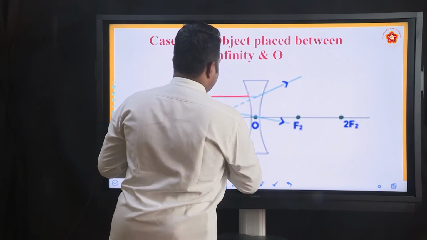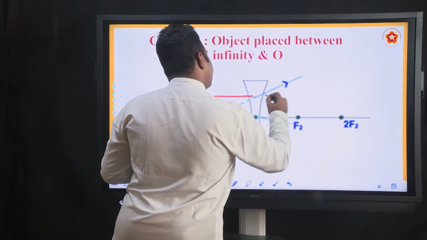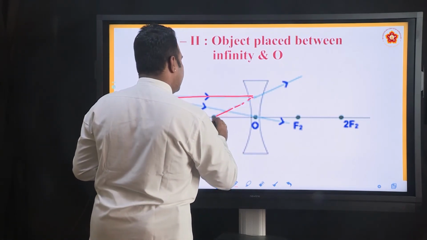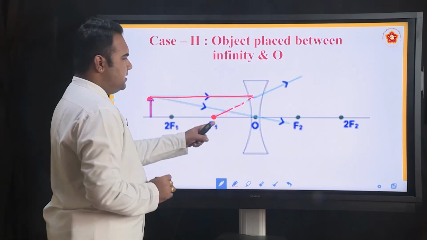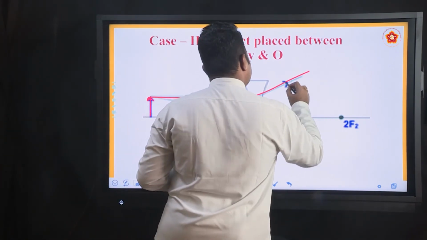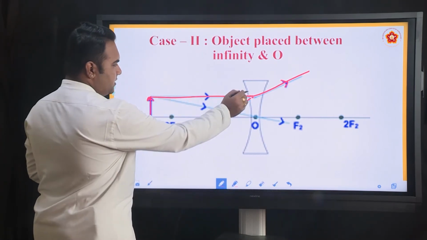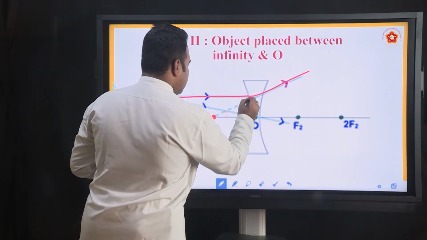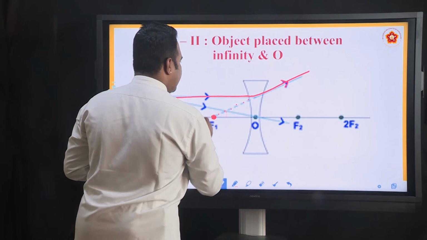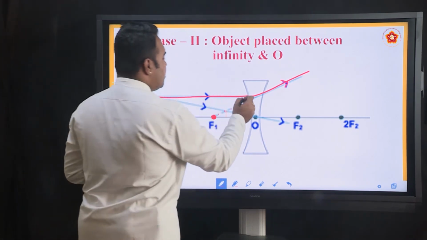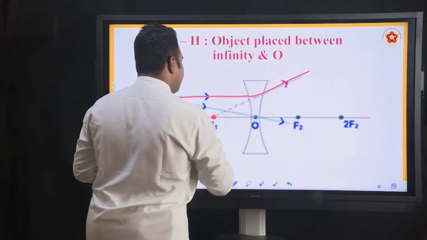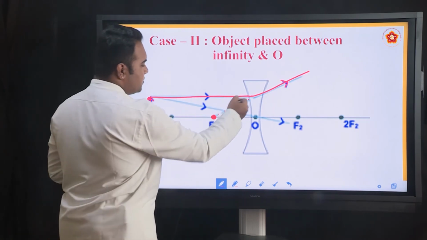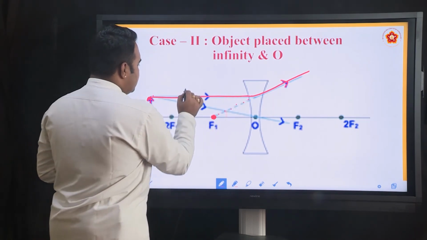So, let us keep the object here. A ray of light is coming. As we know, after refraction it diverges and goes off the other side, but if you extend it back, it appears to come from the focus, that is F1. So the ray of light which diverged and went off in this direction, this will be a dotted line for you. You need to draw a dotted line because they are not exactly coming back. You need to draw a dotted line backward and then make it pass through focus. So a ray of light parallel to the principal axis appears to pass through the focus. So my ray 1 is over.